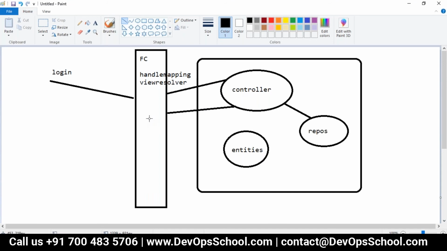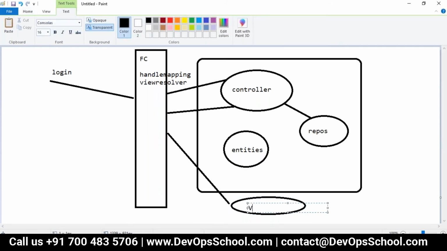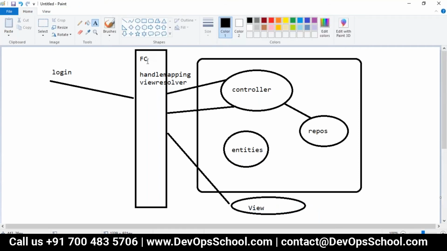The controller will send, okay, this is my response. Then this goes to the view page, and with the help of the view resolver, it will look at which view is responsible to do the job. So that will be taken care of by your front controller. Front controller basically does two jobs, which are handler mapping and view resolving.